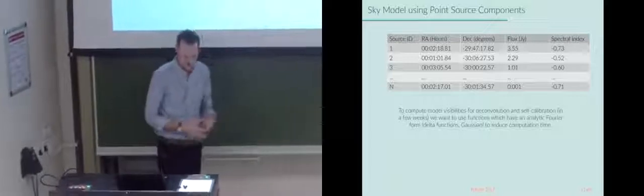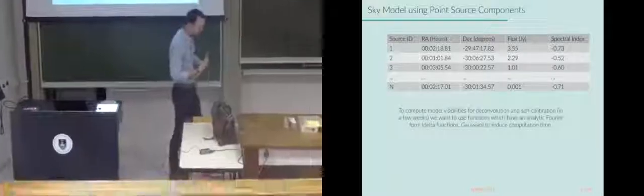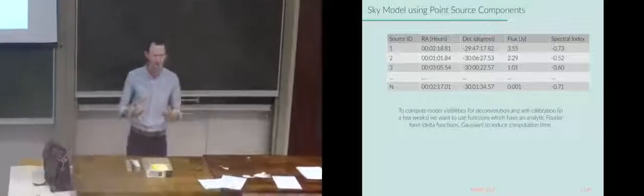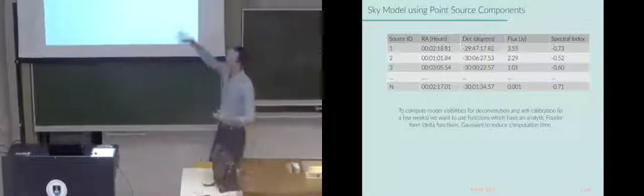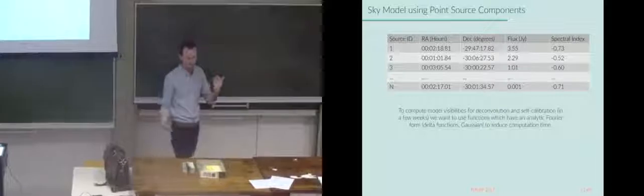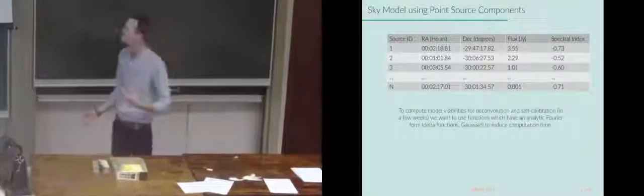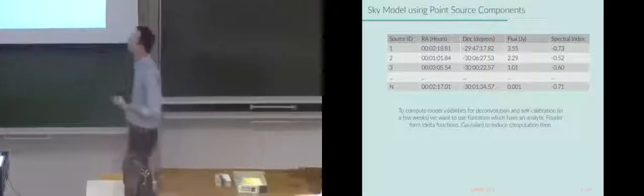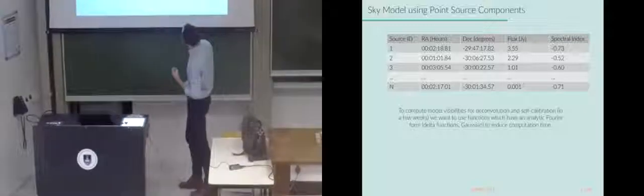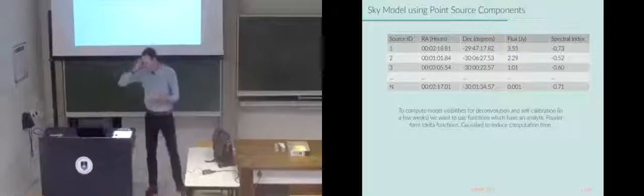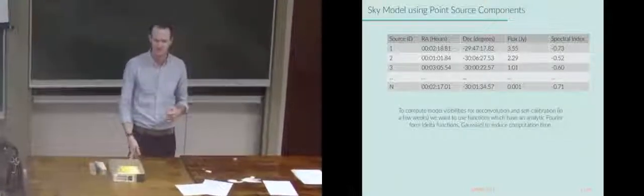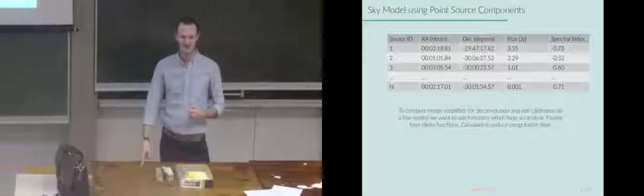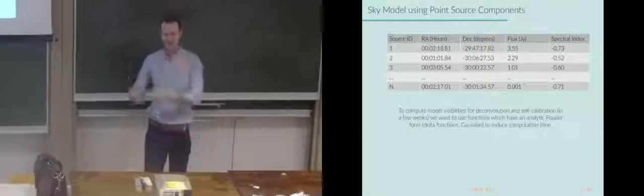source. So what you can think of is that if you assume everything's a point source, you can come up with a very simple sky model where you have just some list of sources, and at each point in the sky you have some flux. You might even include some spectral index information about frequency evolution. This is a very simple way to model the sky. And it turns out, going back to the previous lectures, what is the Fourier transform of a Dirac delta function, anyone? Constant, thank you, yeah. And so it's an easy thing to compute.